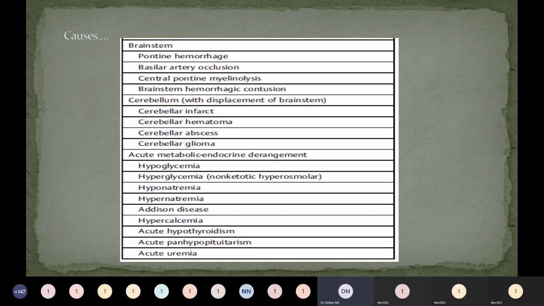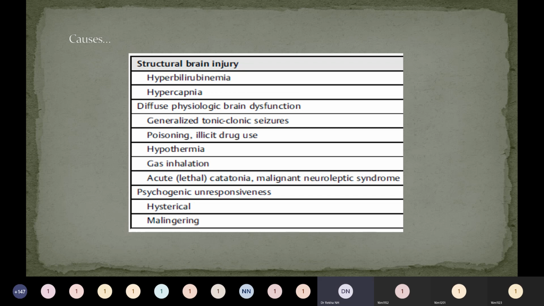These are the metabolic causes for a coma. These are other causes, continued from structural brain injury. So hyperbilirubinemia, causing a hepatic encephalopathy, or hypercapnia. So patients with a type 2 respiratory failure with carbon dioxide narcosis can also come with an altered sensorium or unresponsiveness. So other causes where we get a diffuse damage to the brain or a diffuse brain